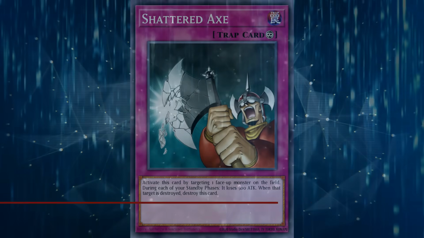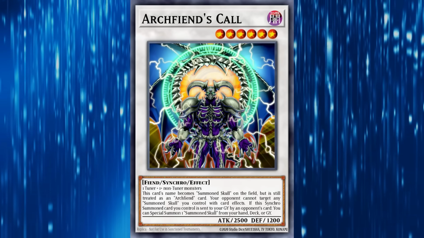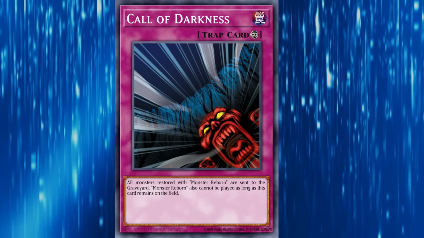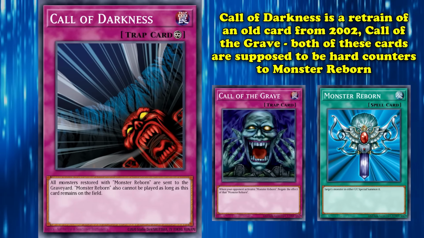of 2016. There's a long legacy of cards involving the word Call that have left their mark on the metagame and history of Yu-Gi-Oh! Call of the Haunted, Called by the Grave, and Emergency Call are some excellent examples. Even Arcfiend's Call was really good in Duel Links. Call of Darkness from Champion Pack Game 6 cannot claim the same greatness, but it can claim number 2 on this list. Call of Darkness is the continuous trap retrain of an old school normal trap from 2002 called Call